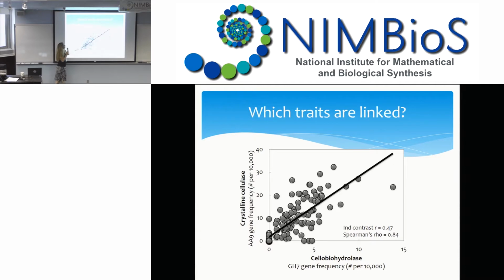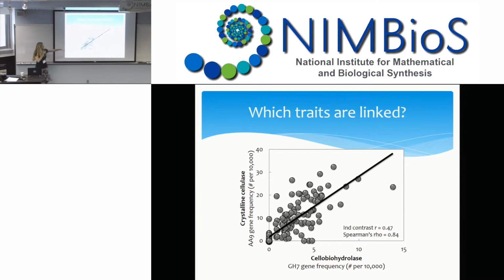All right, so you can see here that if a particular fungal isolate tended to have a lot of genes for cellobiohydrolases, they also tended to have more genes for crystalline cellulases. Right? So these traits were positively linked to one another. Now, when you think about it, this makes a lot of sense. If a fungus is going to be investing in the production of cellulases to peel those cellulose molecules off the matrix, then they might as well also invest in enzymes that will break it down so they can use it for energy. So these are positively related.